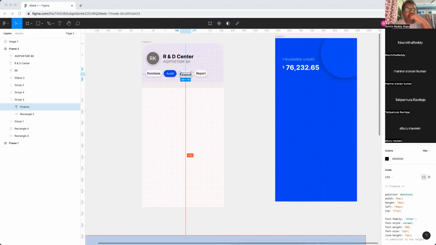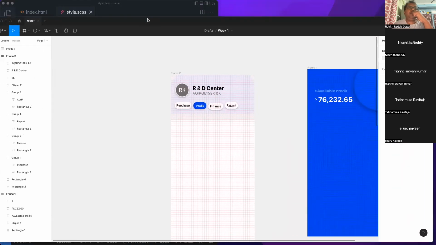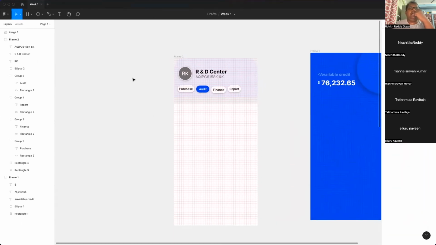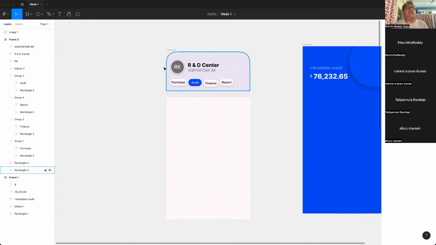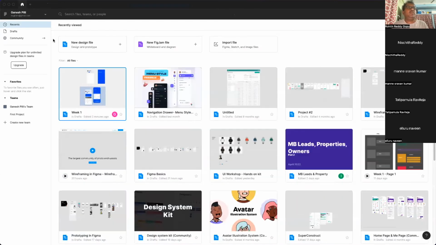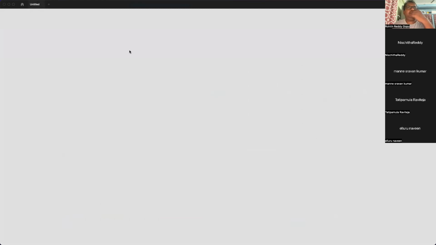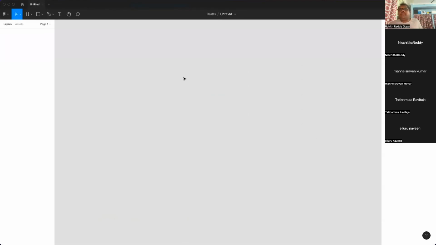So let me create a new file. I have this Figma app installed on my desktop. You can open it in a browser, or you can download an app and see that app. You can have this app like this. So you can create a new design file. And first you have pages here. So if you expand it like this,